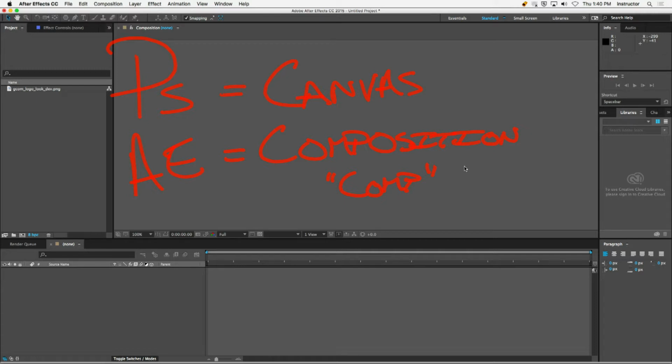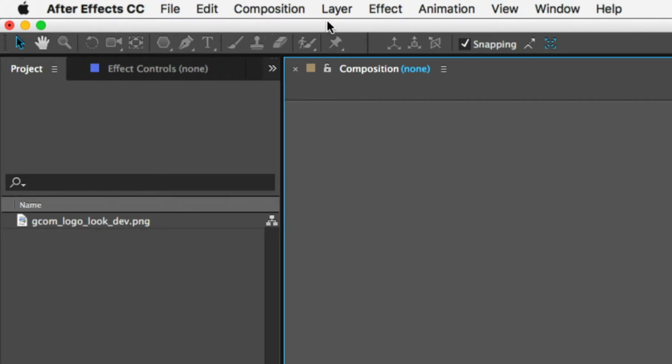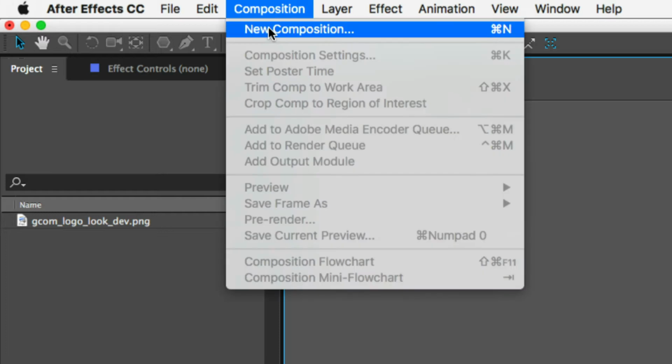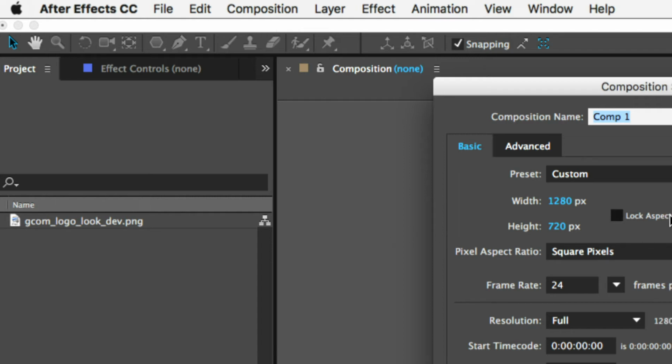So let's create a composition. We can't do any animating nor do any work until we have a composition, some sort of canvas, if you will, that allows us to generate an animation. If you look very carefully at the top of the screen, of course, naturally, we have a whole series of pull-down menus. But there's one that says Composition. If we open it up and look at the first choice, it's New Composition. And let's do this. Let's make a new composition. All right, so here we go. We're going to get this